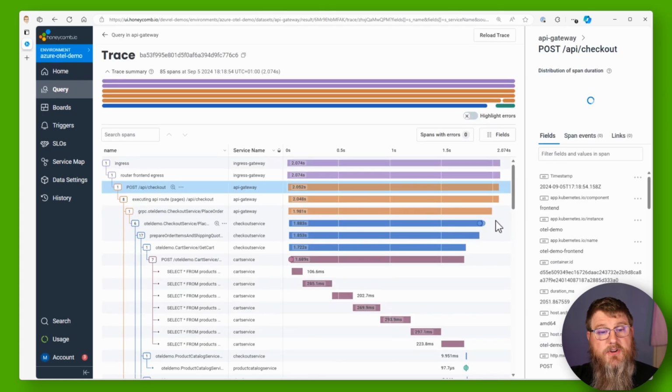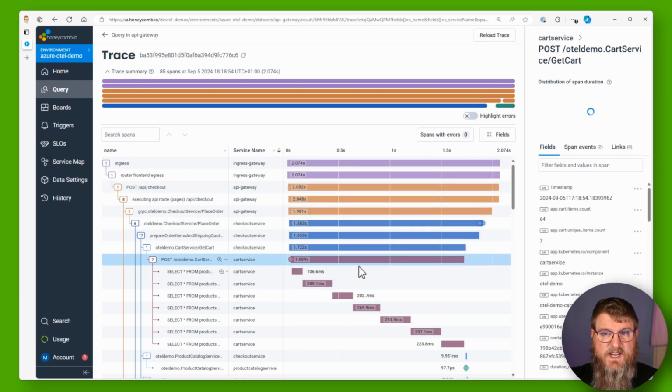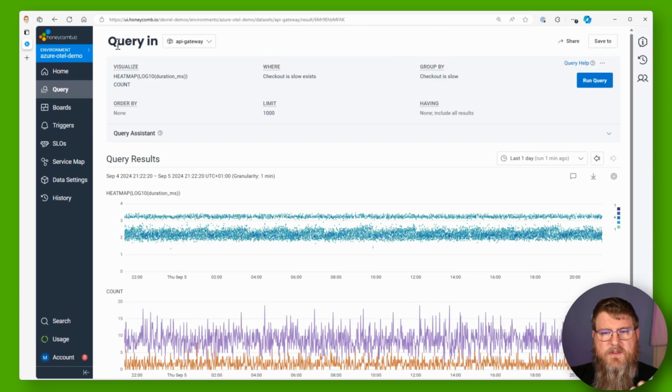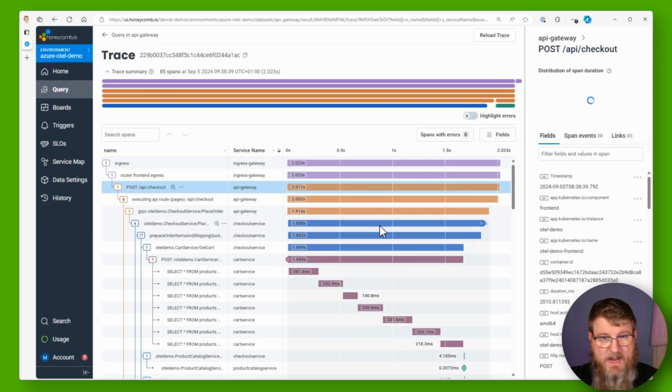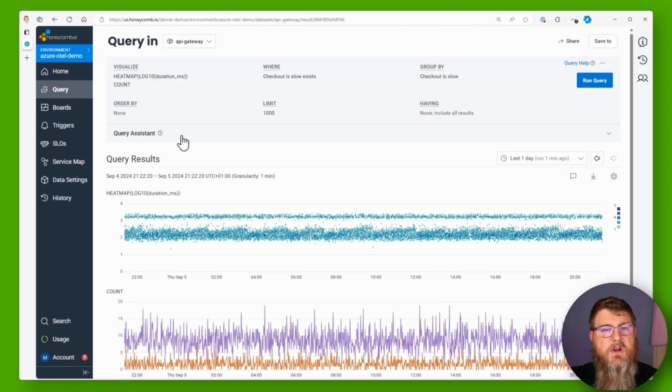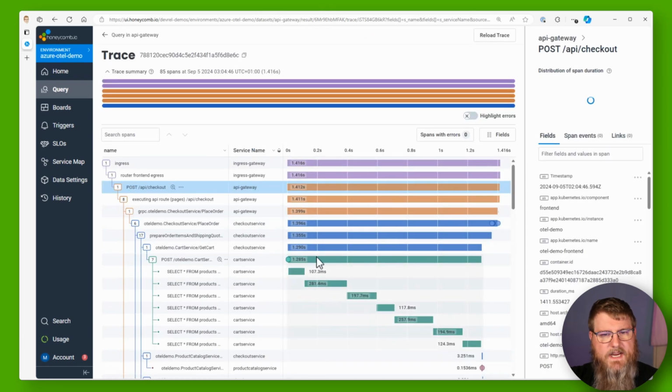This takes us into something called a trace waterfall. A trace waterfall is going to show us the distribution of durations over that entire request, from the top all the way down to where it hit databases, that kind of thing. So we can see here that the majority of our time is taken up by something in the cart service. Now we could make some guesses, but it'd be better to try a couple more and just see whether that's common to all of these. Now that one's the same, something in the cart service. Let's just do one more just to make sure. Yep, again the cart service.